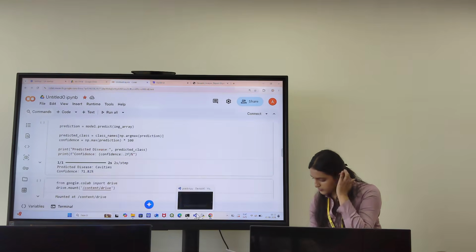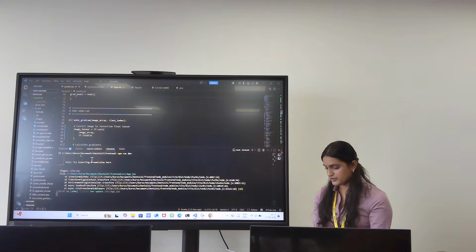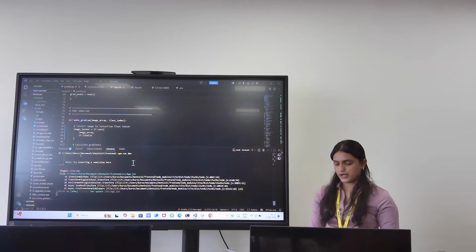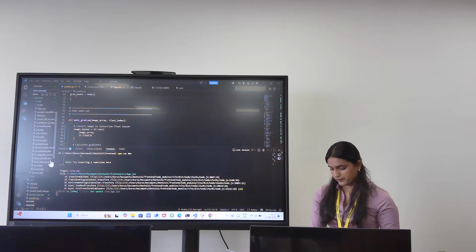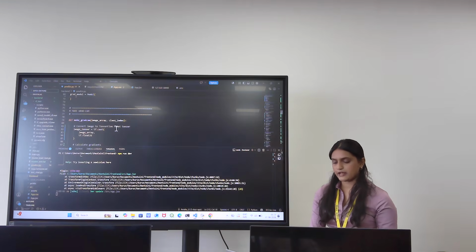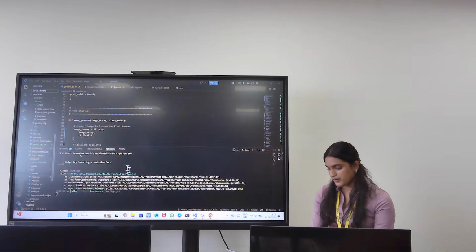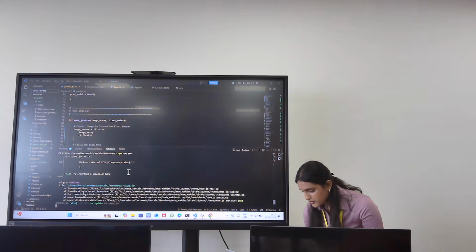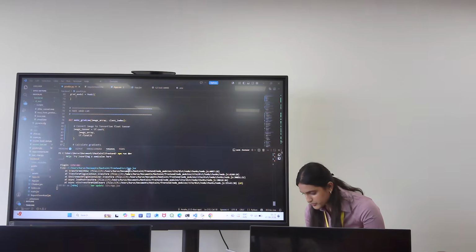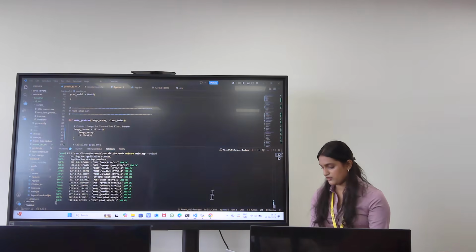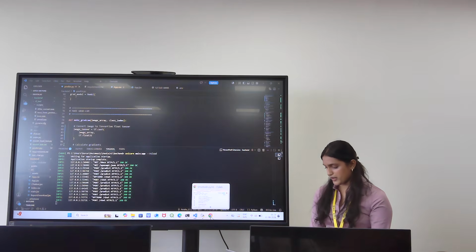And then, this is how I did backend and frontend using VS Code. Backend I did using FastAPI. Before that, I've loaded the models that I saved from Google Colab, and the interface design, everything I did through here. And I'm running my frontend through Vite and backend through Uvicorn, and I'll give the demo of my model now.